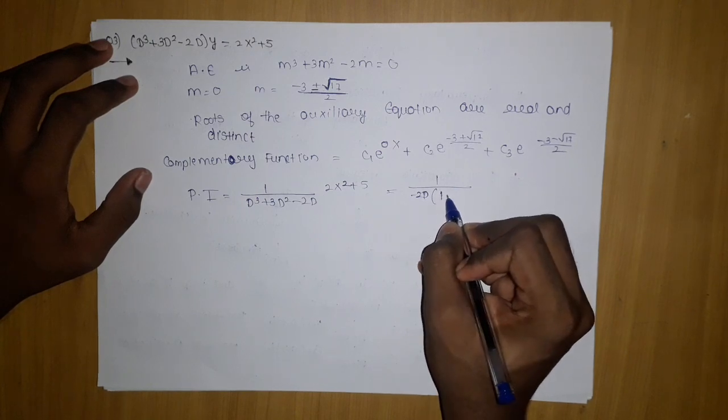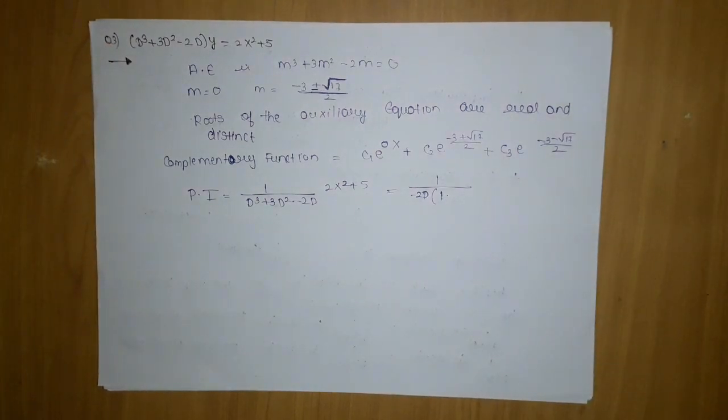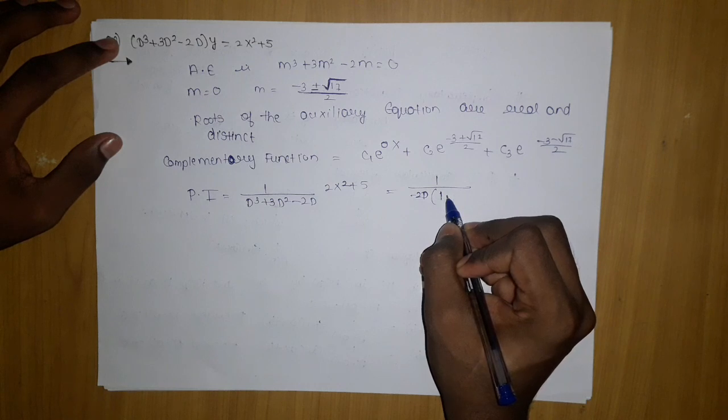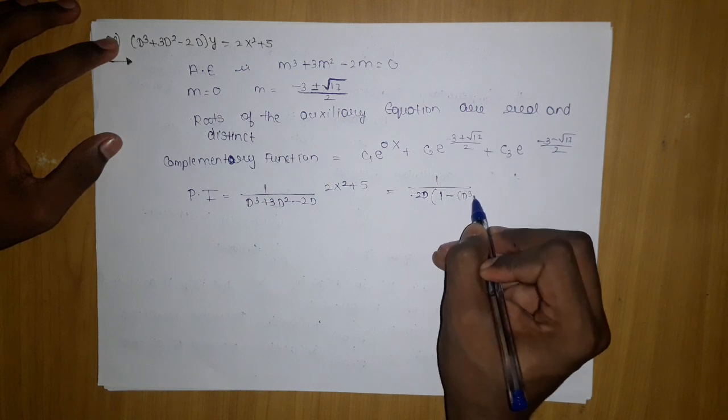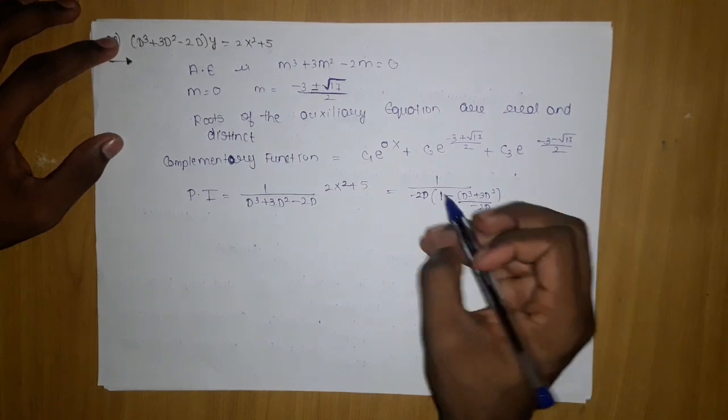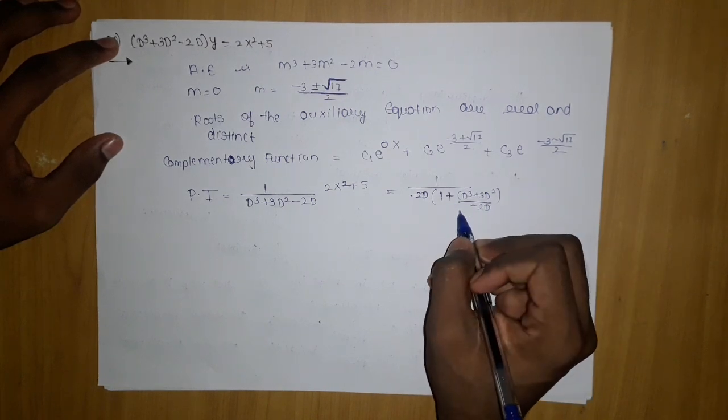This will create 1, because if you remember in the Maclaurin series there was not minus 1 plus 1, there was plus 1 always. So you have to take with sign, then only plus 1 will be created, otherwise you will create minus 1 plus x, entirely different thing. So if you apply in that Maclaurin series, you are going to get the wrong answer for sure. So minus 2D, here what you are going to get, minus D cube plus 3D square upon 2D minus 2D, sorry, here it will be plus.